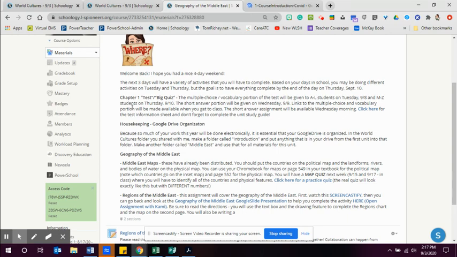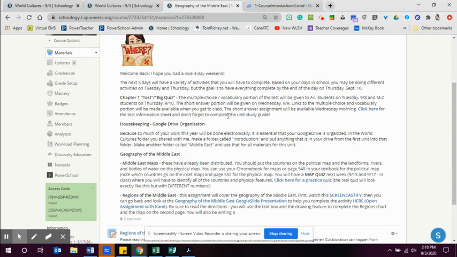Call it a small test or a big quiz, and some kids will be taking part of it in class on Tuesday. The other kids will be taking part of the test in class on Thursday, and then everyone will do a short answer take-home part on Wednesday, and those links will be available to the kids closer to the actual time of their test so that they will do that.